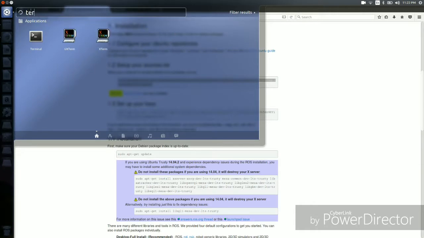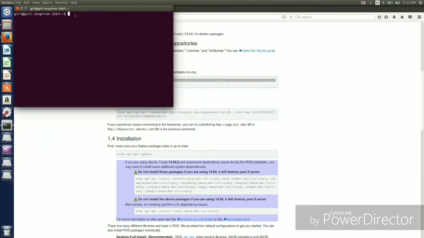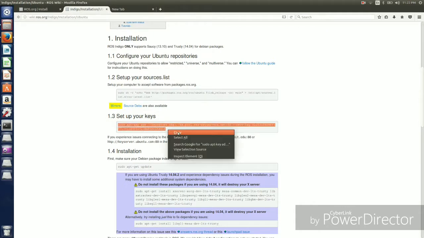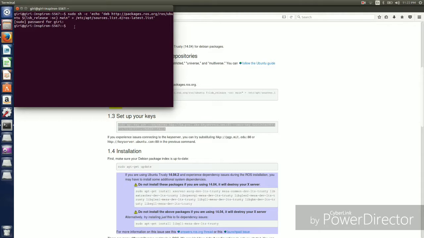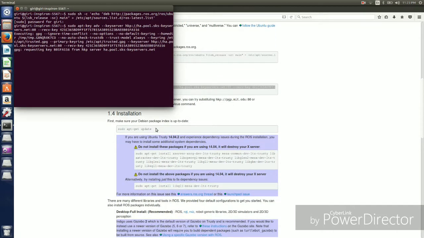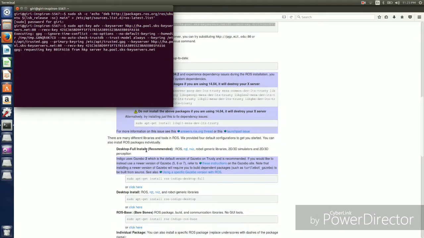So go to the terminal, paste it here and press enter, and it will ask you to provide a password. Provide your Ubuntu password and press enter. And it's time for our second code. Copy the second code in the same way as you copied your first code, paste it in the terminal and press enter. And you have to use the same way for the other codes also,